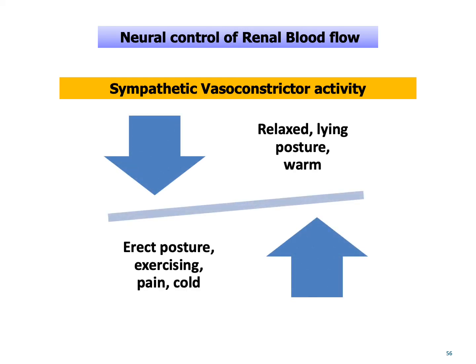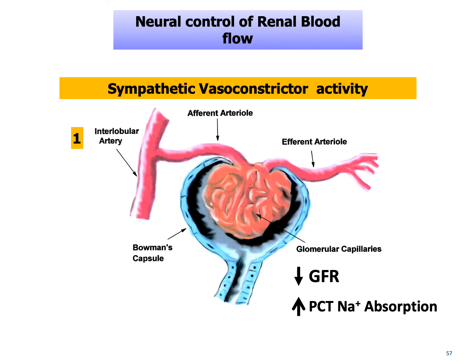Neural control of renal blood flow. Sympathetic activity plays a central role in the control of renal blood flow. The sympathetic drive increases during various situations like standing or erect posture, during exercise, in conditions of pain, cold, and causes vasoconstriction. And this drive decreases during relaxed states, for example, lying down posture and warm conditions, and therefore it will cause vasodilatation. Increased sympathetic tone increases